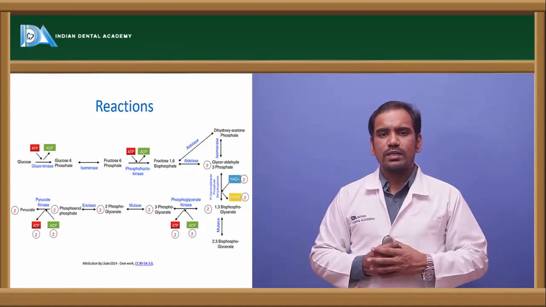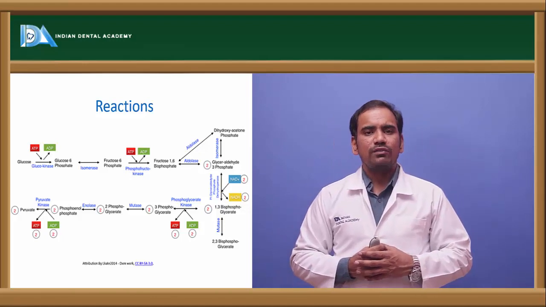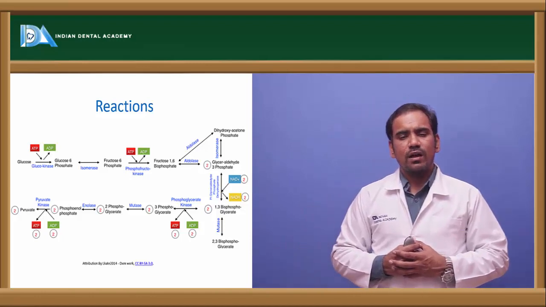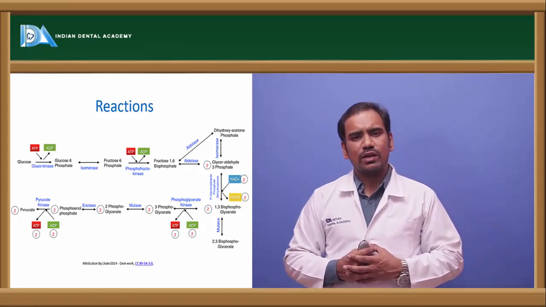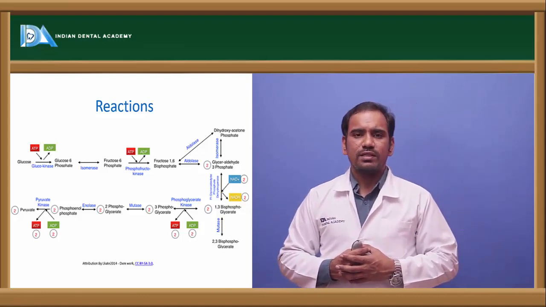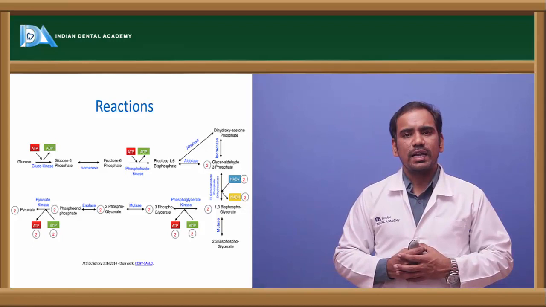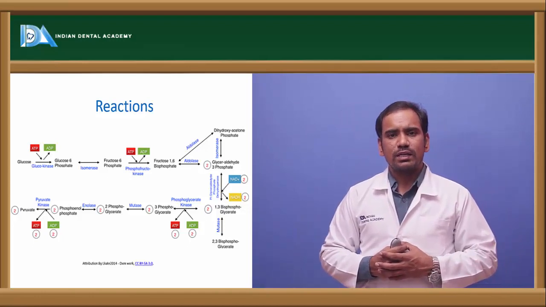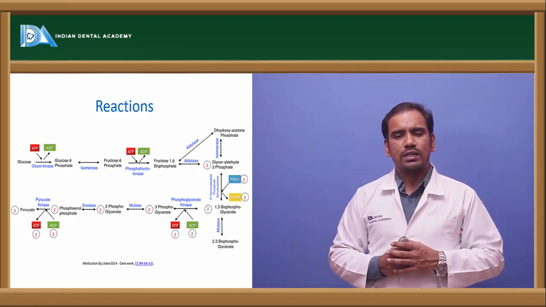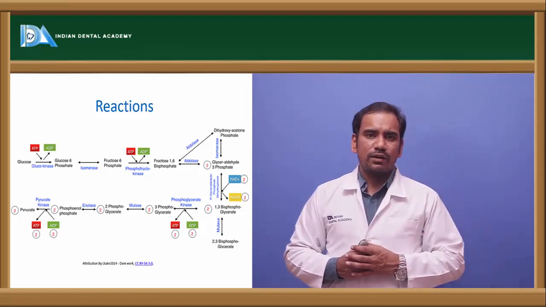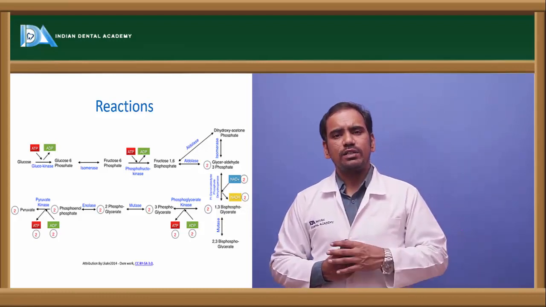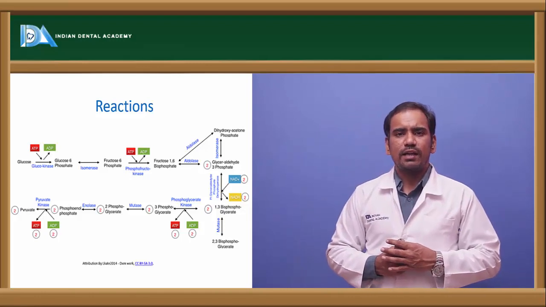So this has two phosphates at the first and third positions, and this 1,3-bisphosphoglycerate is a high energy compound. In the next reaction it undergoes substrate level phosphorylation and is converted to 3-phosphoglycerate by the enzyme called phosphoglycerate kinase. Here one ATP is generated, and this type of ATP generation directly from the substrate is called substrate level